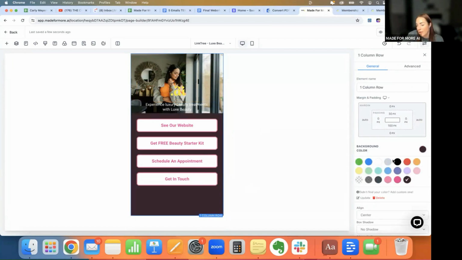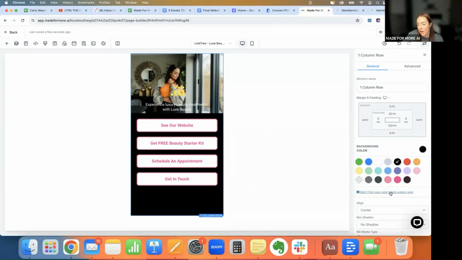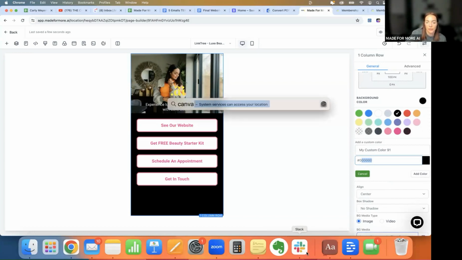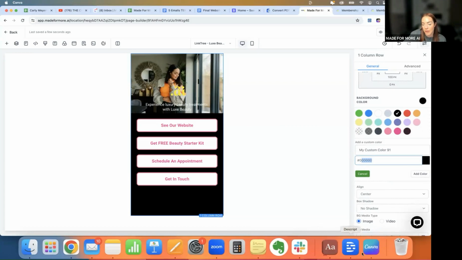Maybe you want to have it black. Maybe you want to have it whatever. If it doesn't have your color here, you can just click didn't find your color, add a custom one. You could put in the hex code of your color there. If you don't know how to find your hex code, basically what you do is, this is what I always do, come into Canva,